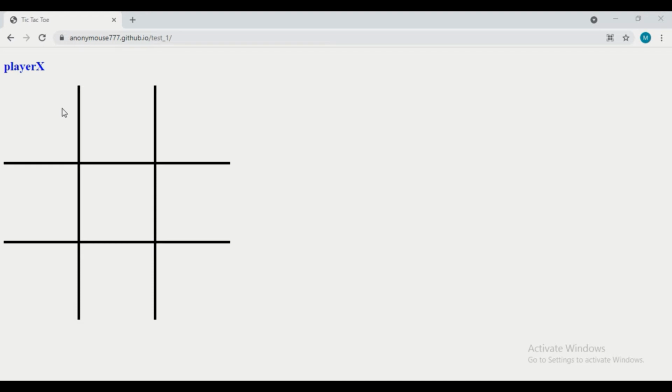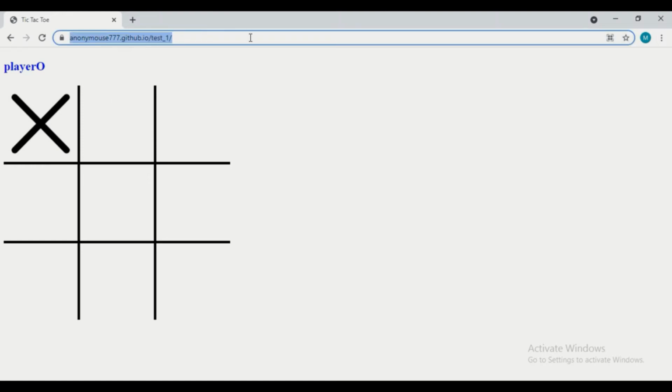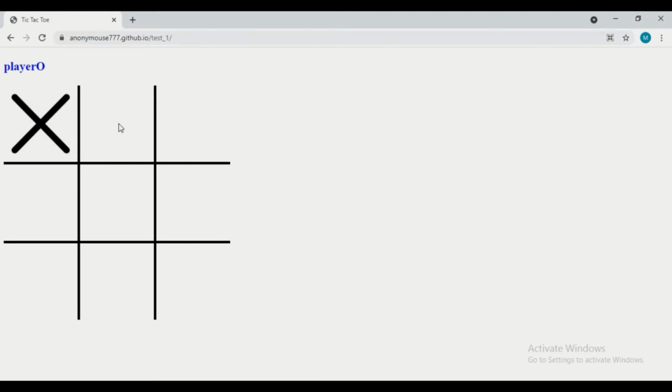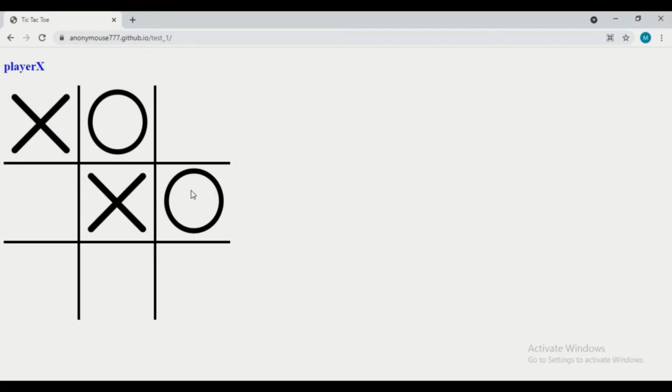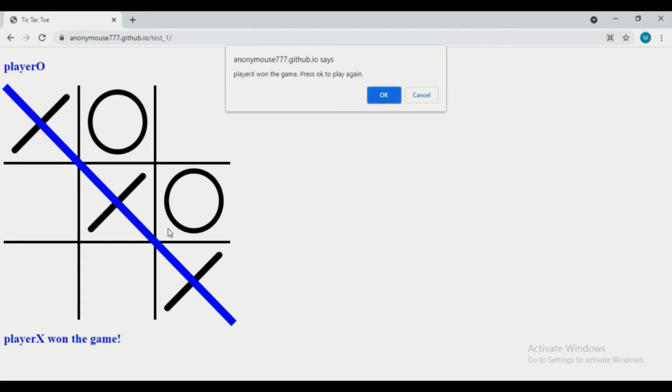First I will just show you the output of the game, and right now it's deployed on GitHub. You can see that github.io in the URL. Let's say second player. Now player X turn, player X, player O, and I'm doing it for simple testing purposes to show you. That's the final output. Okay, now